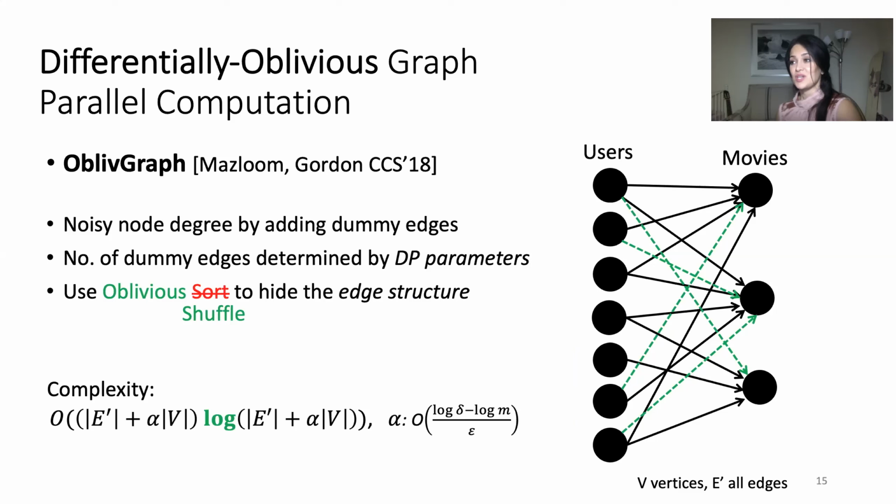We were the first to explore the idea of relaxing the security notion in secure computation by allowing some small leakage in the form of access patterns that preserve differential privacy. Since we assume the data is encrypted, to hide the node degree, we only need to create some dummy edges and then just shuffle them with the real ones to hide the graph edge structure. The number of dummy edges is determined by the differential privacy parameters epsilon and delta. Our secure shuffling operation takes only n log n computations, which costs a log factor less than oblivious sort. Using this new operation, we designed our own secure graph-level computation framework and called it Uplift graph.